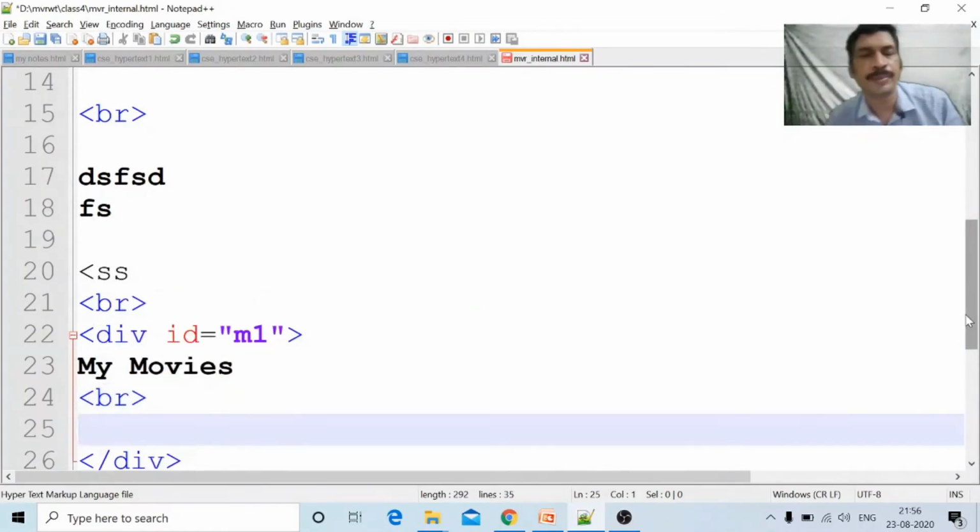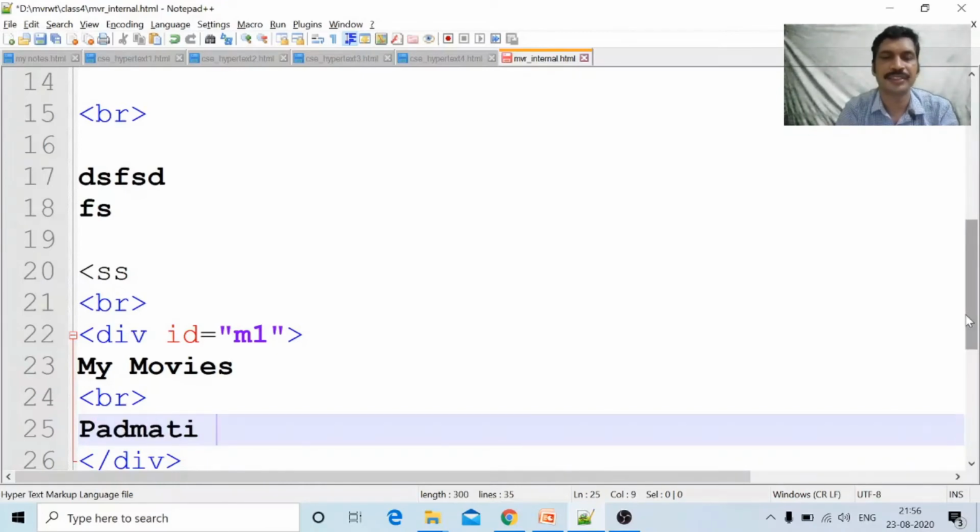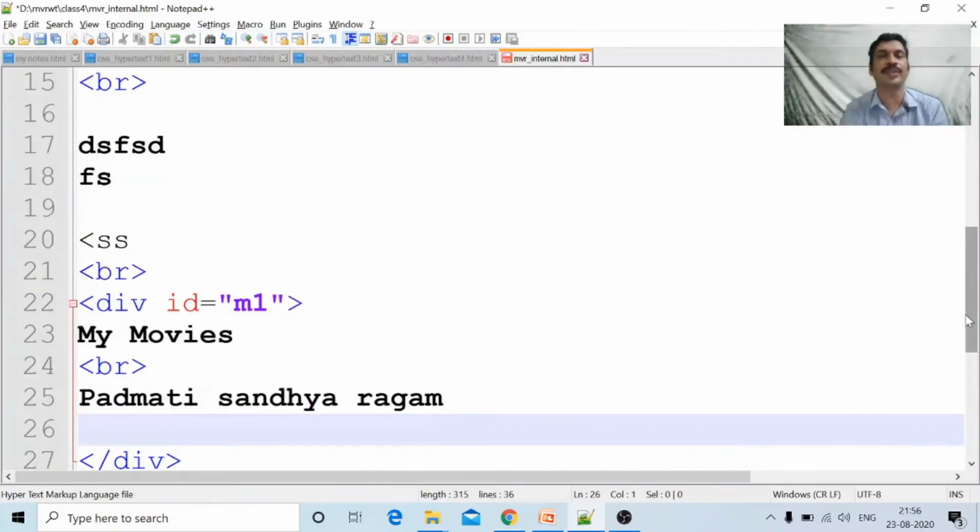What are our favorite movies? The first movie I like, my very favorite movie, is Padamati Sandhya Ragam. This is one of my favorite movies, the best movie. I have seen it a number of times. Another recent movie I am watching, another favorite movie is Bahubali.